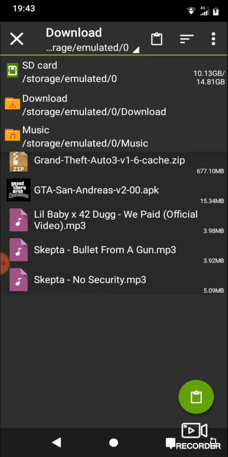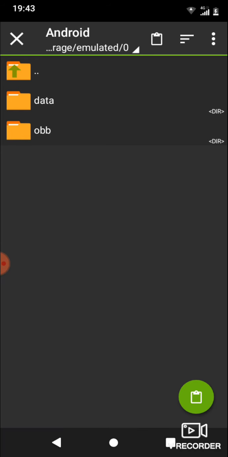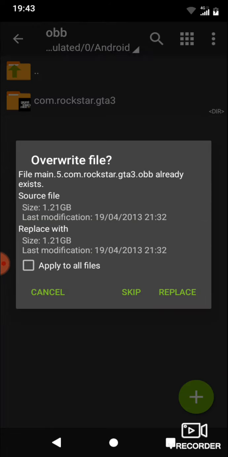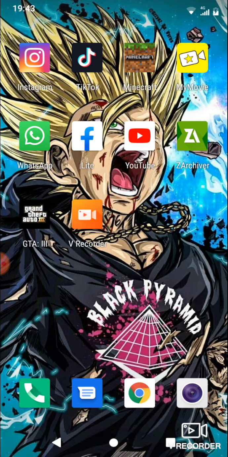Press the top, and then go back to your SD card storage, your device storage. Then go to Android, and then press OBB. But if you don't have OBB when you click Android, just create a new folder. Then write down OBB. It's gonna work. Trust me. Then press OBB. Then paste. Replace. Okay, now that it's there, all is good.